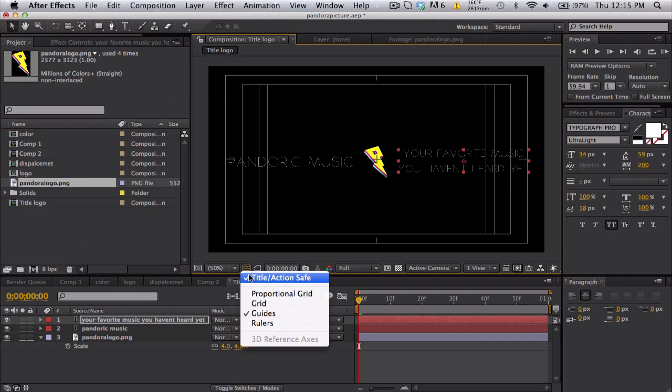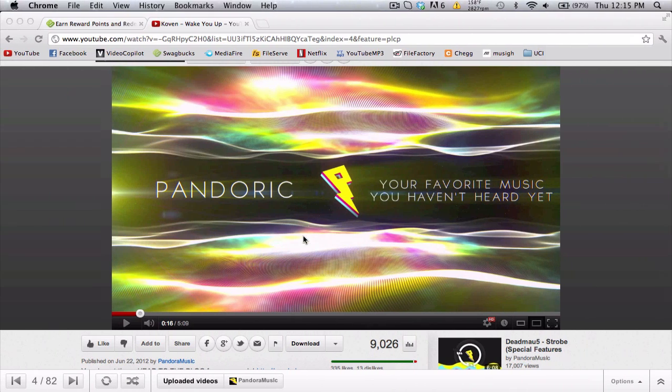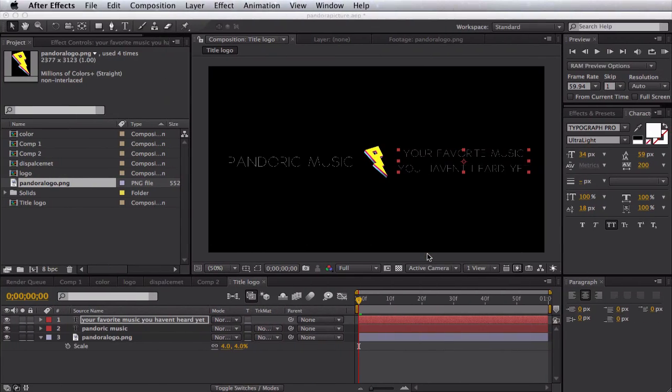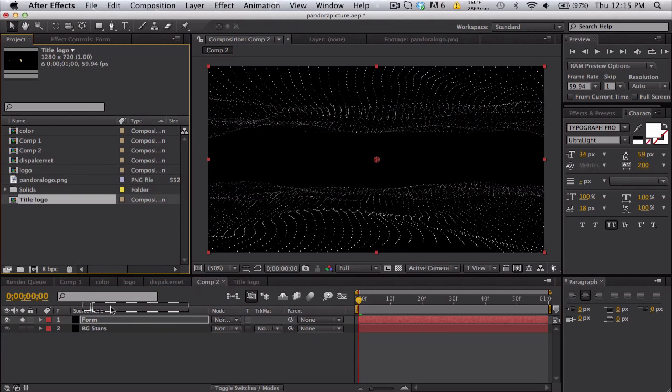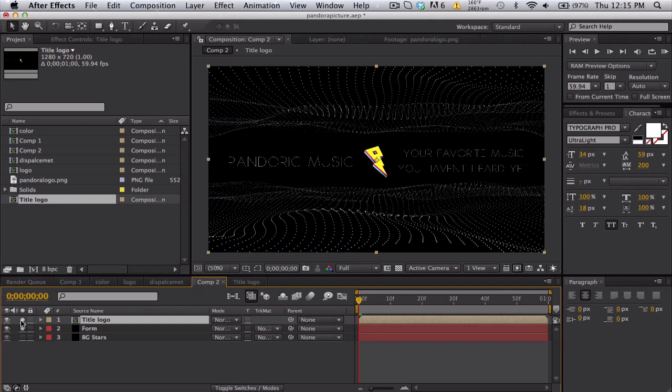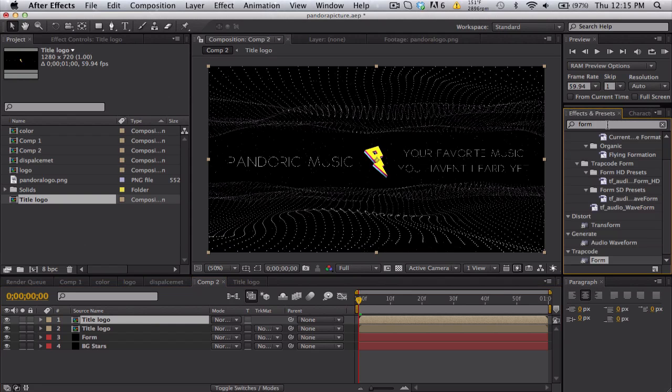And the reason why we want to pre-compose it is because if you look here, we have some shining effects coming from this flare, and you can do that by pre-composing it. So back in our comp 2, we're going to bring out our title logo. And we get that. And what we can do first is take our title logo, duplicate it, and put on a radial